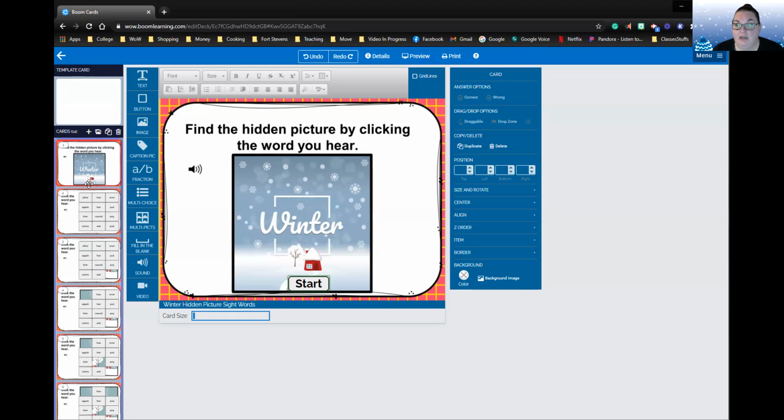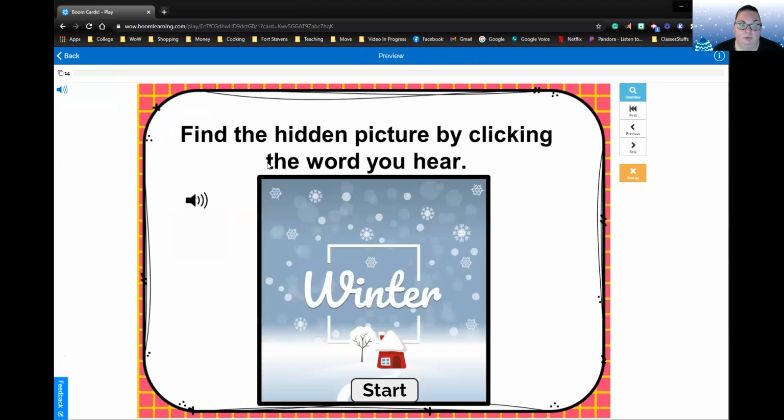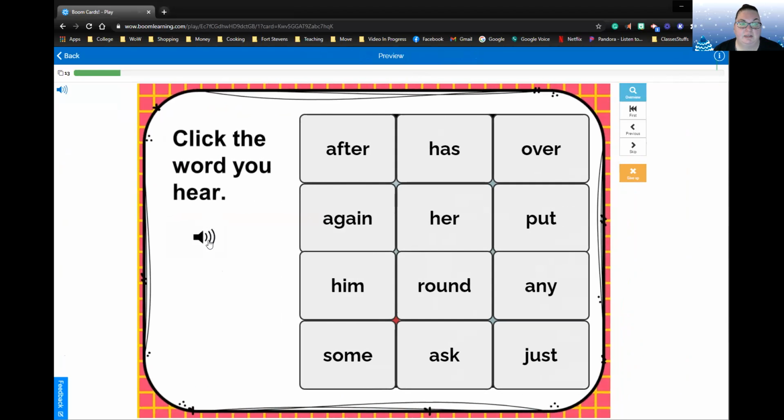Now, before I put any card deck out there, I always make sure and play my own deck first. So we're going to preview it, make sure that everything works correctly. All right, so let's go ahead and hit preview, and let's listen. Find the hidden picture by clicking the word you hear. All right, so we're going to click our start button to start, and then let's listen. Just. All right, so we're going to click just,